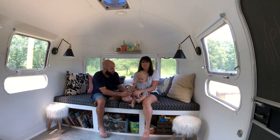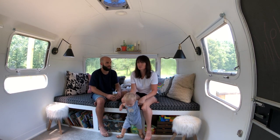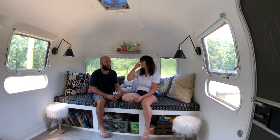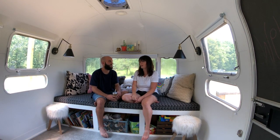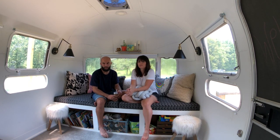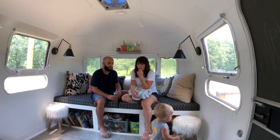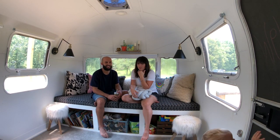I feel like we have plenty of space. We got rid of so much stuff, but y'all, we didn't ever use any of that stuff. Our closet was like 11 by 14. It was a big closet, and we would look at the shelves and we're like, okay, we got to go shopping. We have to fill it. And we always wore the same pieces of clothing every week, and it was just like, what do we have this for? Like shoes. I became like a shoe hoarder. I got to a point where I had just as many shoes as you did. It's crazy. And people are like, why would you go tiny, and...